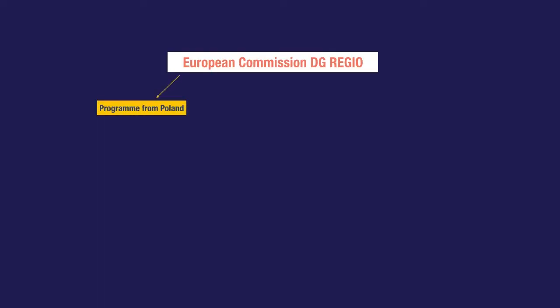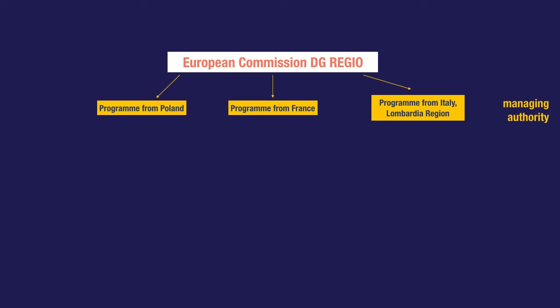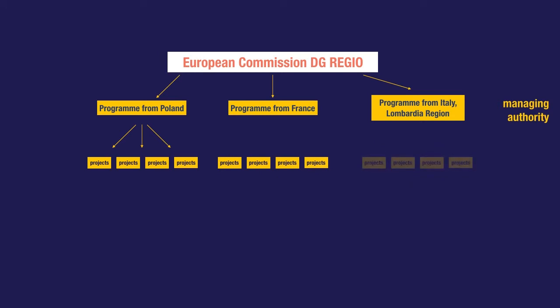Below them, there are people who've been handling these funds. So a program working for the whole Poland, a program for the whole France, okay? The managing authorities for the Italy, Lombardia region, okay? These guys, they handle 150, 200, 500 projects every 5 years. So they have a big understanding of the whole thing, the whole strategy, but they don't know very well each individual project. So what you want, as I said, is to contact the projects themselves. The projects are plenty, as I said, up to 500 per actual program. So we have lots of projects, and these guys are called beneficiary.